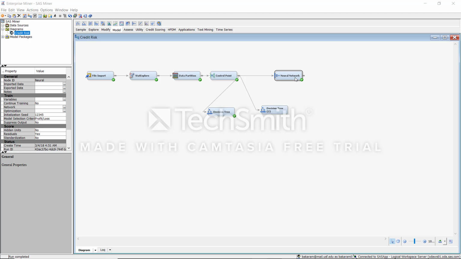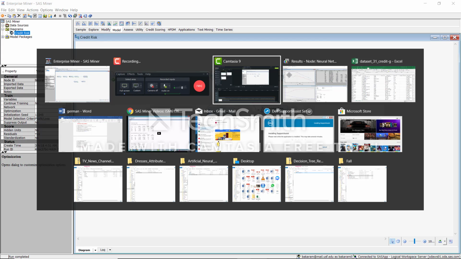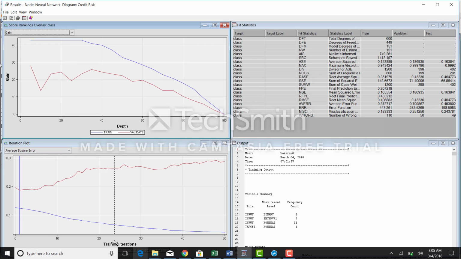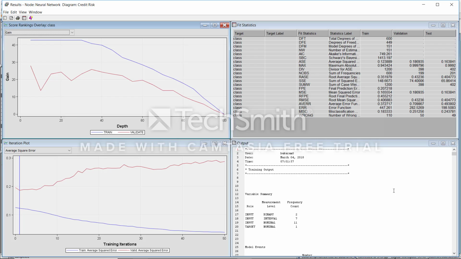Now let's go to the neural networks. In the neural network node we have different options. Let's see the results of the neural network. Going to the results, we have different plots here. One is the cumulative lift gain. You can select whichever one and see the plot change. And here you can see there are 50 iterations, and there is a graph of the average squared error against the iterations. Looking into the output of the neural network,